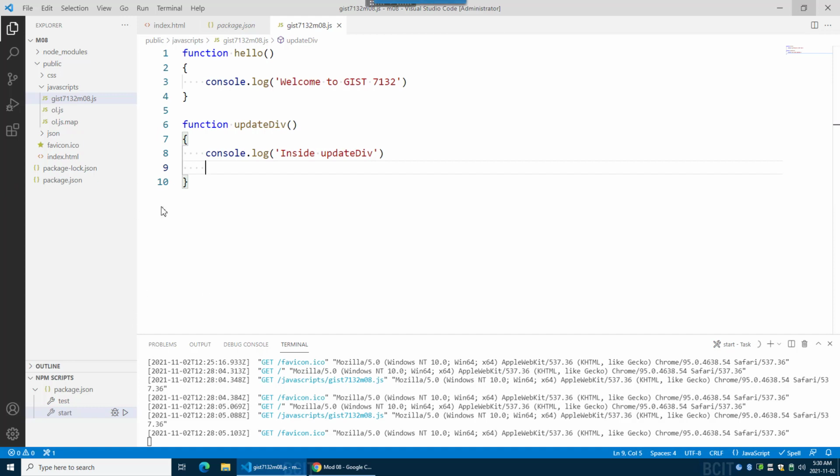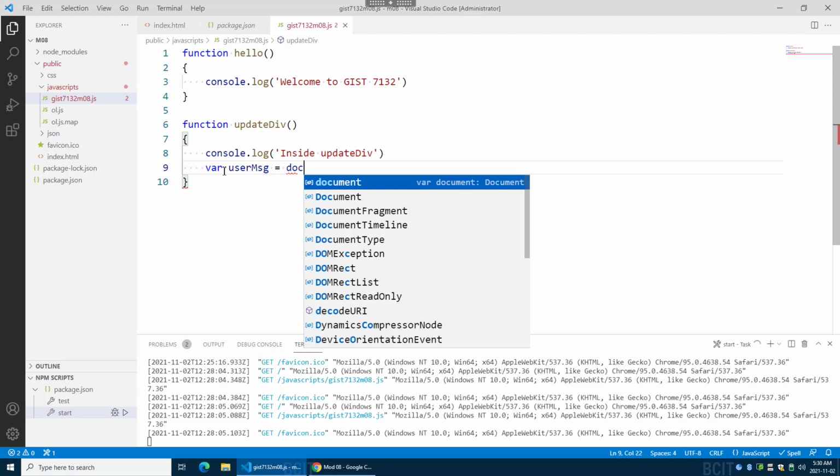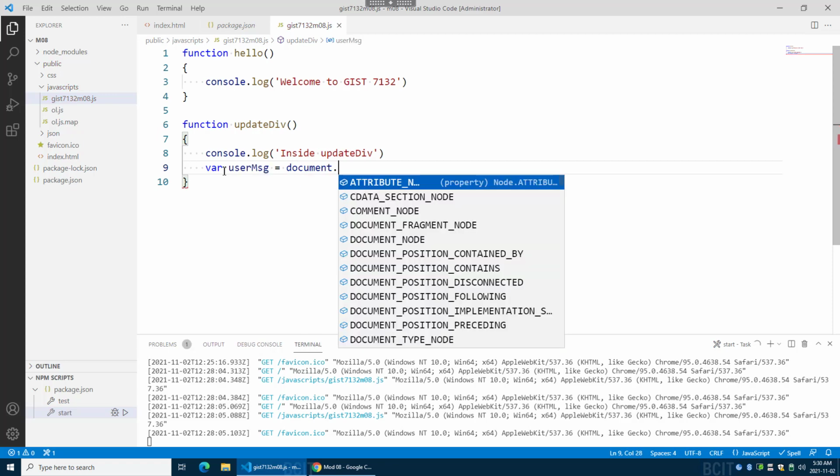So the first thing we want to do is get a reference to the controls, whatever it would be called. I'm going to make a var, and I'm going to call this user, I'm going to call it MSG for short, message. It's going to equal document dot